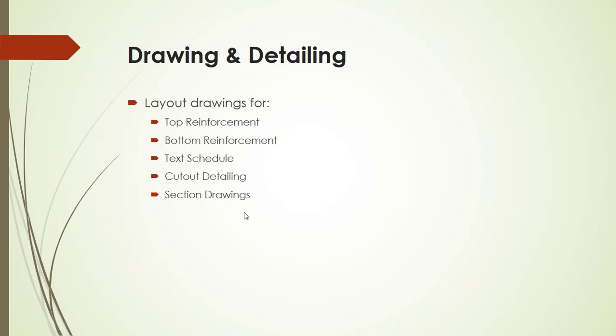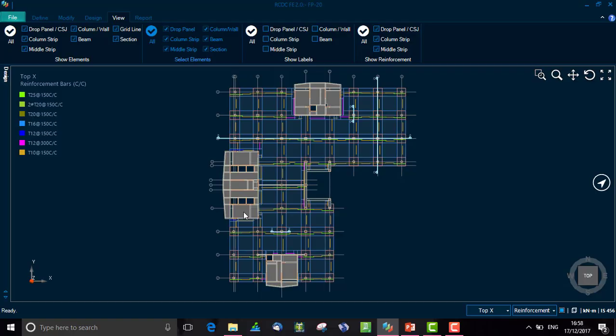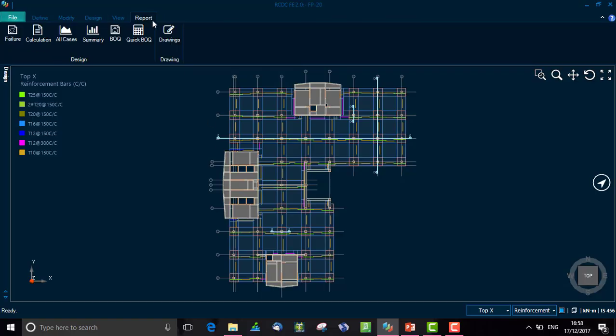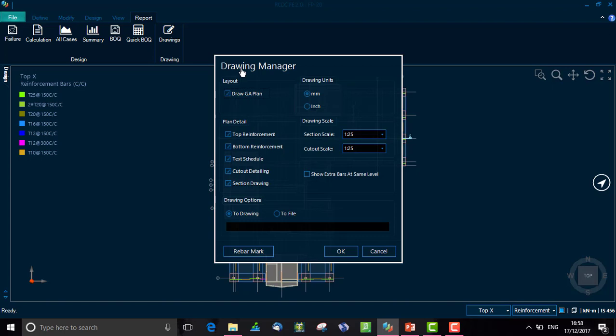How many ever number of sections that are required can be generated in FE and can be saved in the DXF format. So here under reports, when we go to drawings, we can have the layout with the GA plan, then the plan detail with top reinforcement, bottom reinforcement, text schedule, cutout detailing, section drawings, which we have already mentioned. So we can see one typical type of top reinforcement drawing, and I'll just select the drawing type